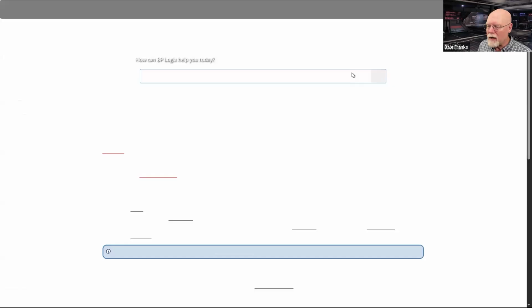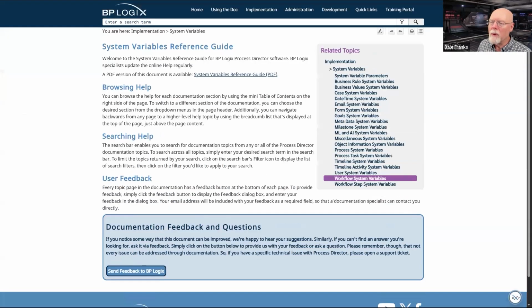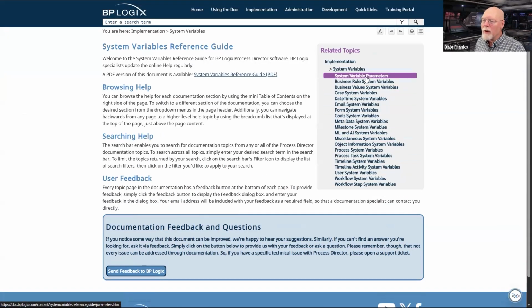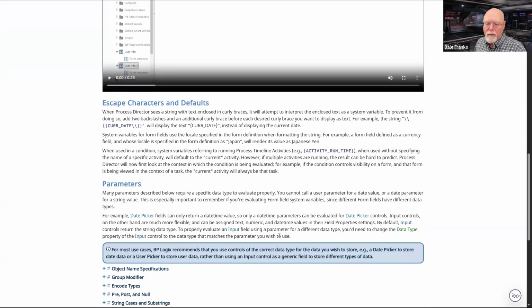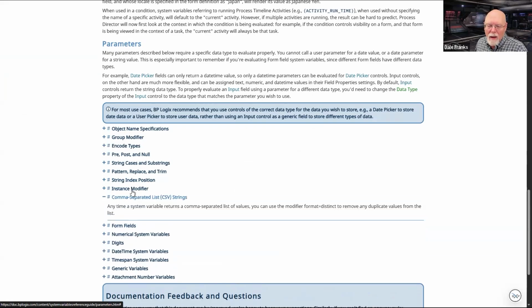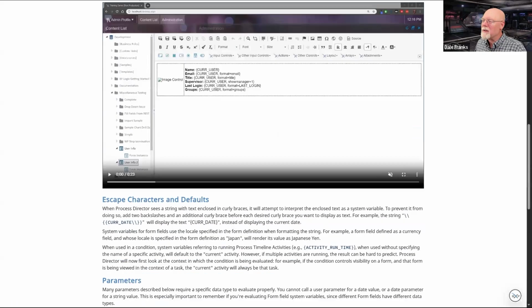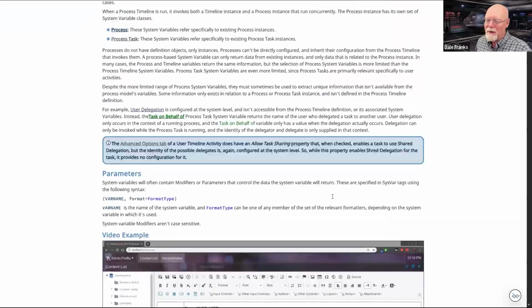If we go to the system variable parameters page, so we're going to implementation, system variables, and system variable parameters. Well, let me just expand all of this so that I can see everything all at one time.